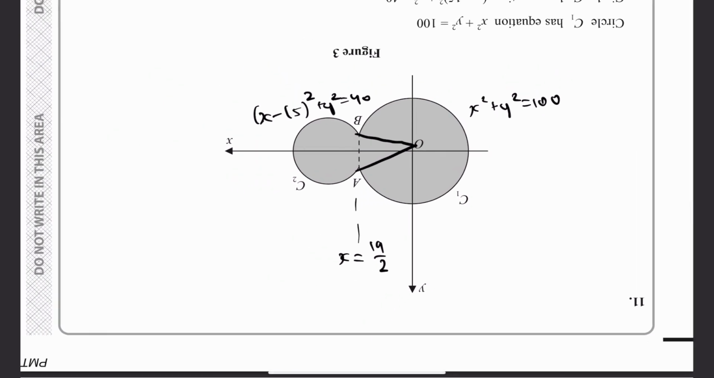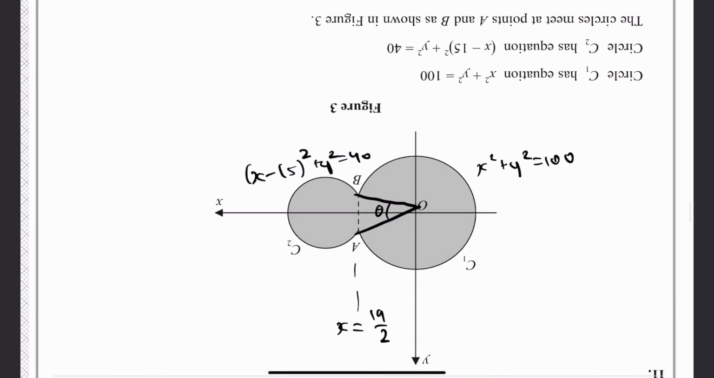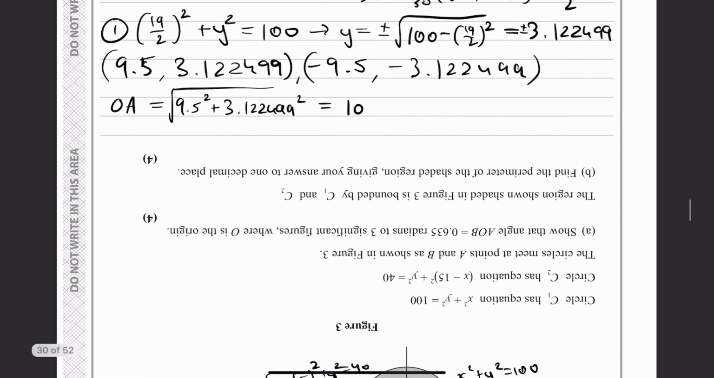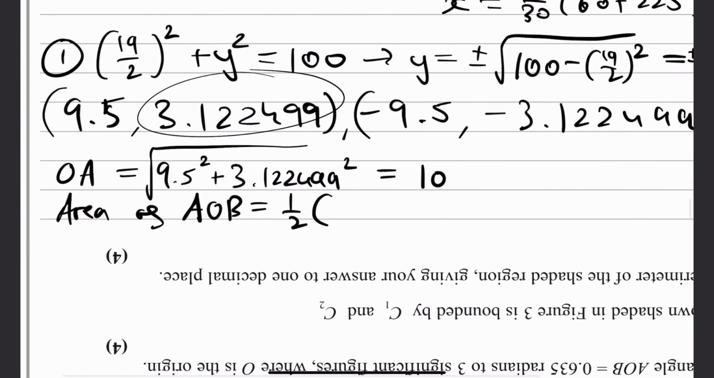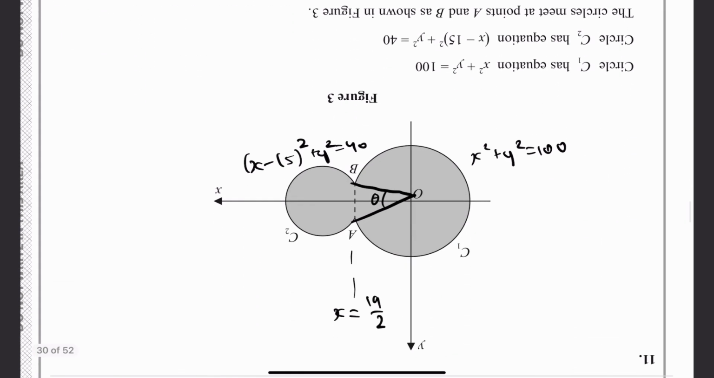Right. Anyways, so that length is 10, and we're looking for this angle. So what we can do is just use area. The area of AOB is going to be 1/2 base times height. So the base is twice this length, 2 times 3.2, times the height, which in our case,